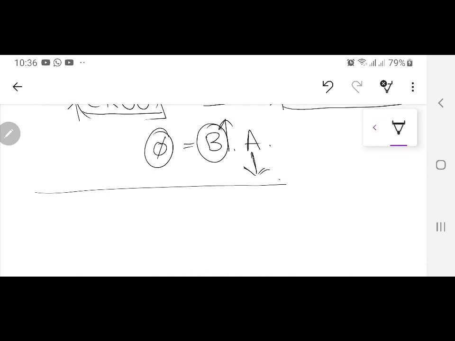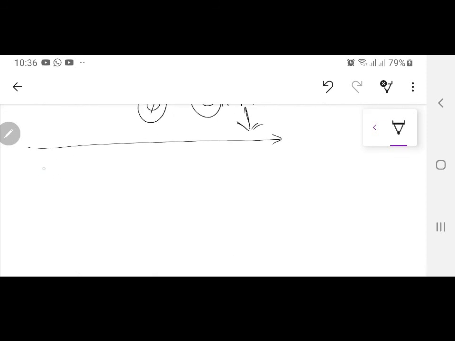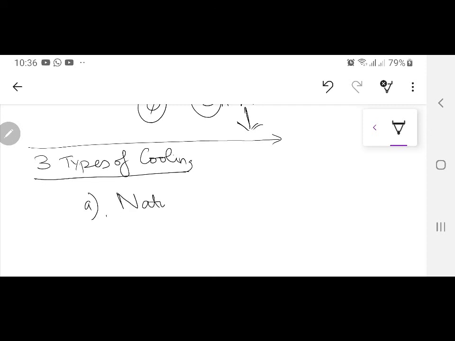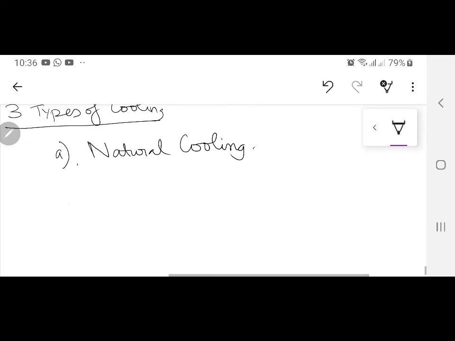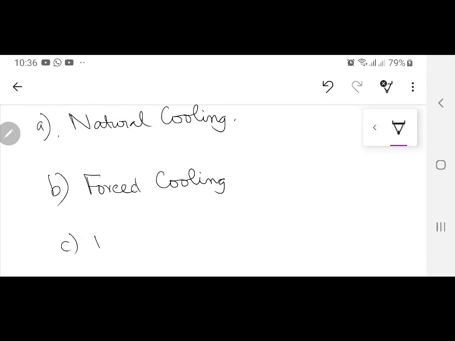Now last thing which I just want to do, there are 3 types of cooling which we are going to talk. मैंने खैर ऐसा इनके नाम भी दिए हैं. One is called the natural cooling. Then I have forced cooling. The third one is water cooling. By force I don't mean कि water force की जा रहा है, air force की जा रही है. ठीक है. तो अभी मैं इसको डिटेल डिस्कस करता हूँ. So I have 3 things: natural cooling, forced cooling or water cooling.